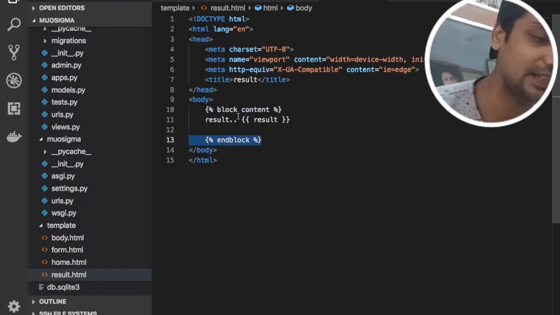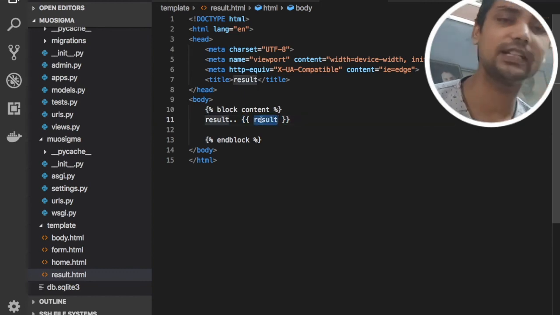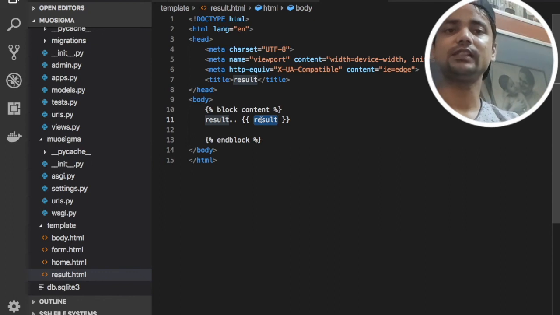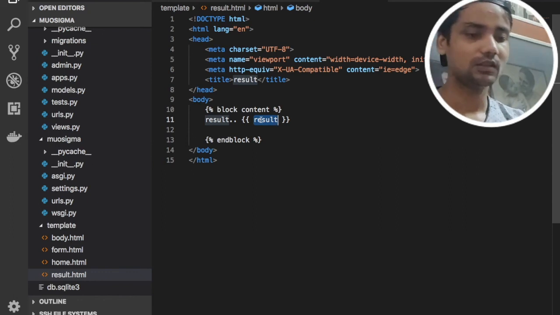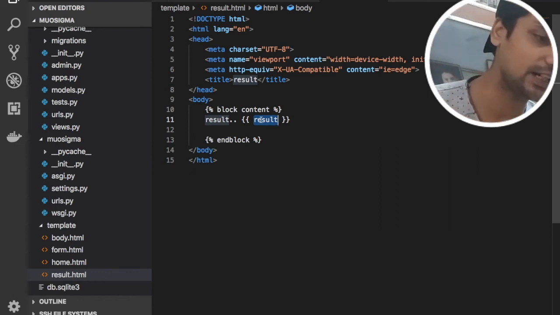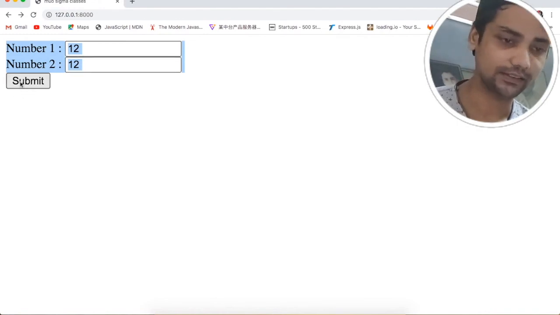So you can see here in the double curly braces, we are using our key. This key will return the value. So you can see here in these double curly braces, we got our result like this.